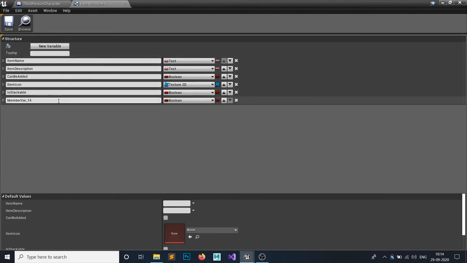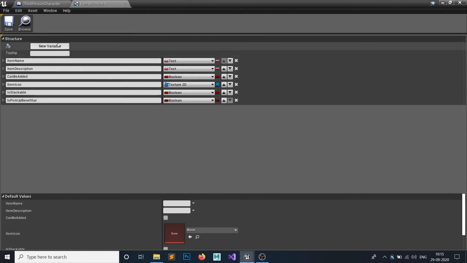Another is pickup beneficial. So is pickup beneficial? What this pickup beneficial means is, if you interact with an item to add to your inventory, and let's say it's a pouch, which is gonna add 2 more slots to your inventory, then this will trigger true in that case, otherwise false.